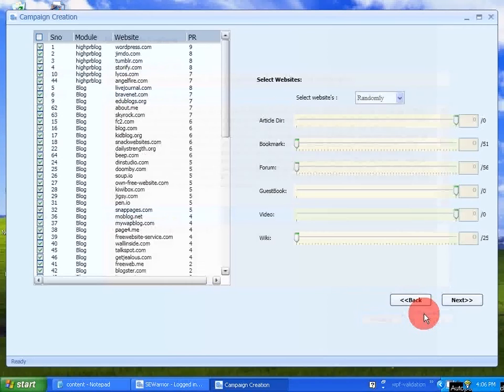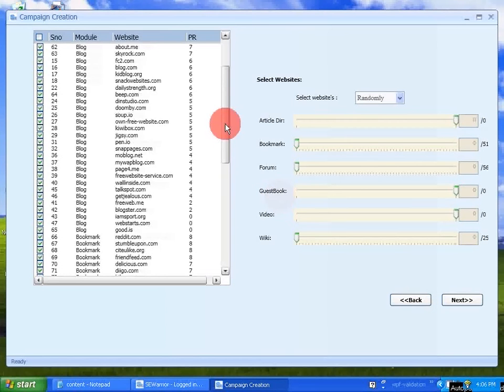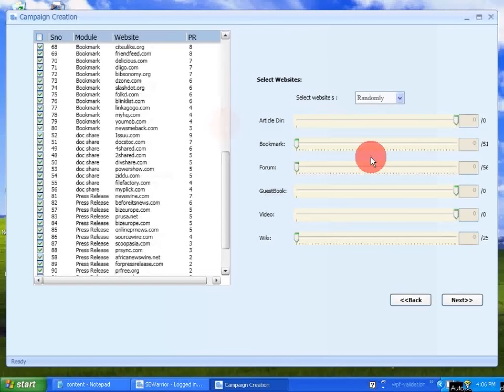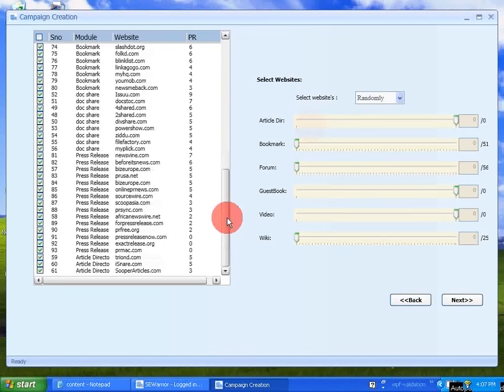Which are our keywords. And here you have to select the websites where you want to post the content and build links. These are inbuilt websites, and this is a website list that you can add to, like forum. You can add a new forum website, and if you add 5 more websites, this 56 will turn to 61. So this one is the inbuilt list, you can't add more sites to this.